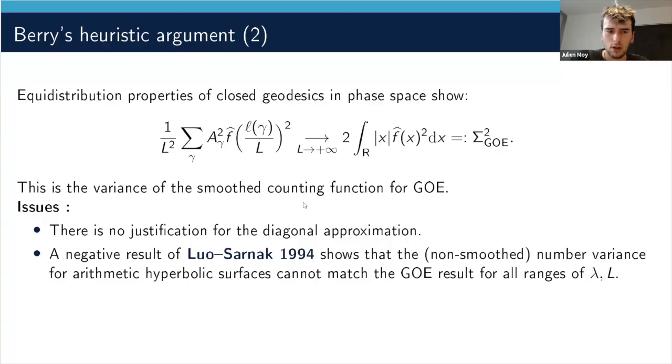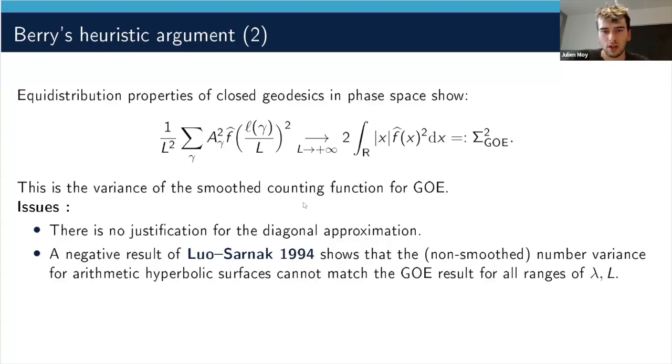And even worse, there's actually a negative result of Liu and Sarnak, who studied the non-smoothed, actually the sharp counting function, the number variance for arithmetic hyperbolic surfaces. So these are hyperbolic surfaces that enjoy a lot of symmetries that are kind of exceptional in this regard. And Liu and Sarnak showed that the number variance cannot match that of GOE for all ranges of lambda and L in some way. And actually, this is not so surprising, and the fact that it doesn't work is due to the fact that on these surfaces,